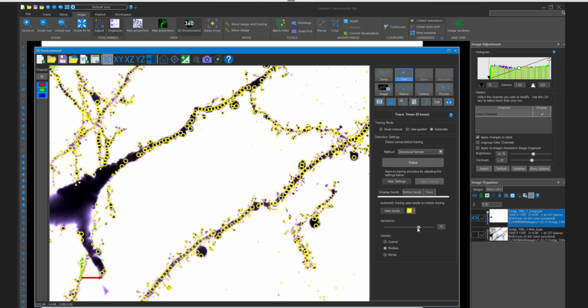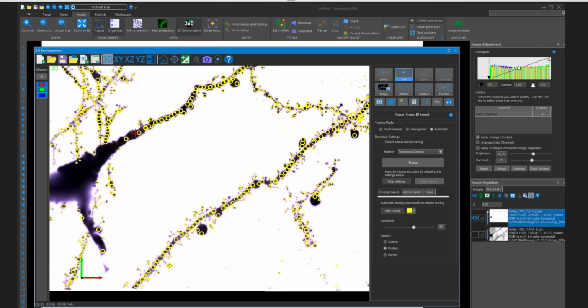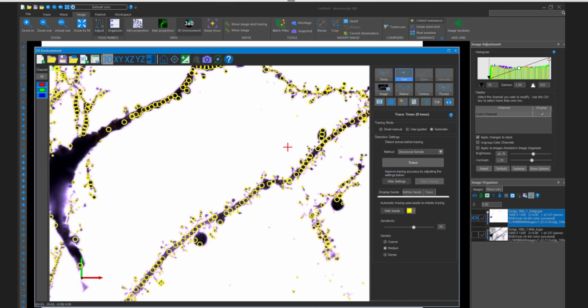However, when we're working with our spine data, it's recommended to really pay attention to these settings. You'll notice that as I showed these seeds, these are focal points for where the algorithm will follow. A lot of these seeds are going to be placed on the spines themselves. That's because Neurolucida 360 doesn't necessarily know the difference between somatic staining, branch staining, and spine staining. It knows the difference between, is there a stain here? Is this background? So it's very important, if you're working with spine data, to go through